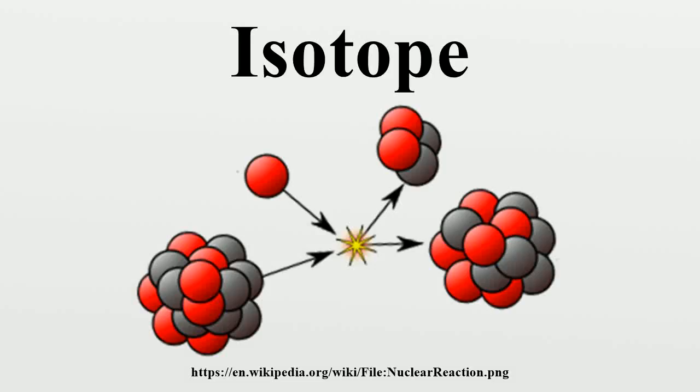Isotopes are variants of a particular chemical element which differ in neutron number. Although all isotopes of a given element have the same number of protons in each atom, the term isotope is formed from the Greek roots isos and topos, meaning the same place. Thus, the meaning behind the name is that different isotopes of a single element occupy the same position on the